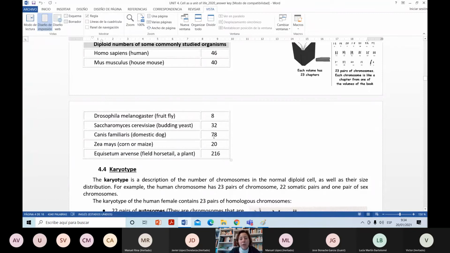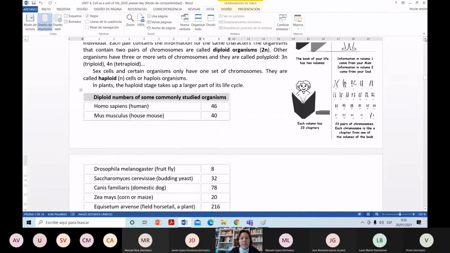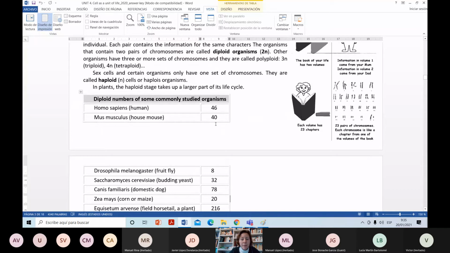And if you see a dog, they've got 78 chromosomes. We've got one type of plant with 216 chromosomes. So the number of chromosomes is not telling me the complexity, but it's almost always going to be exactly the same in every organism in the species. If you see these numbers, all of them are pair numbers. 46, 48, 32, 78, all of them are paired numbers. And we've got here that these organisms are